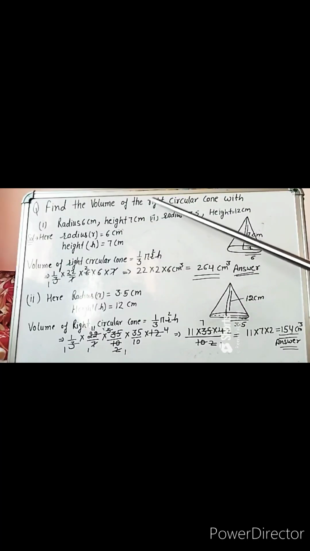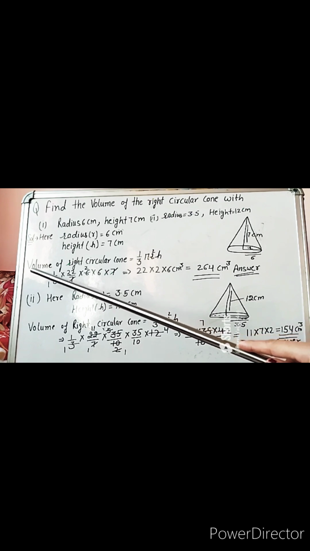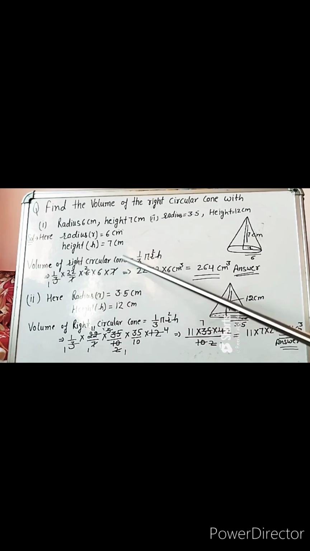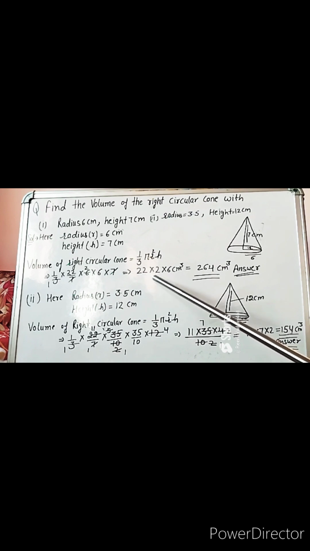Find the volume of a right circular cone if the radius is 6 centimeter and the height is 7 centimeter. So first of all we draw the right circular cone, height 7 centimeter and radius 6. Now the volume of a right circular cone formula is 1 by 3 pi r square h. Putting the values of pi, r and h in the formula, after solving this part we get 264 centimeter cube